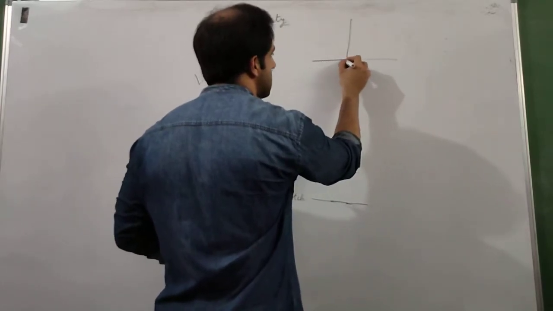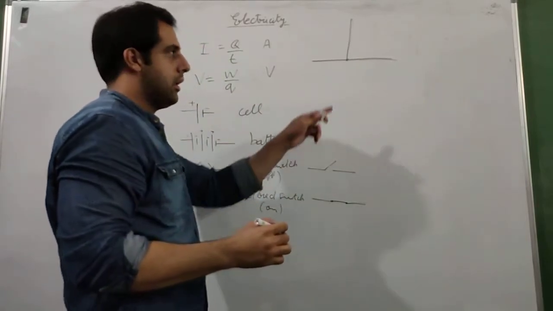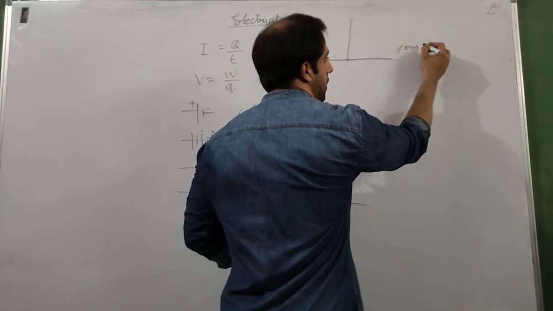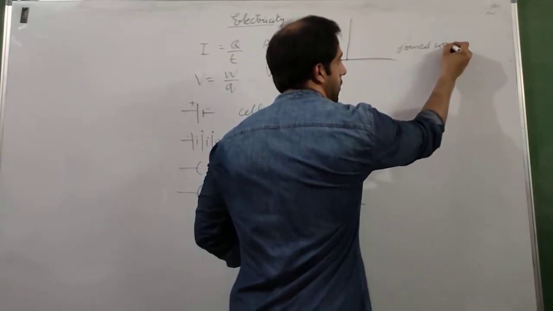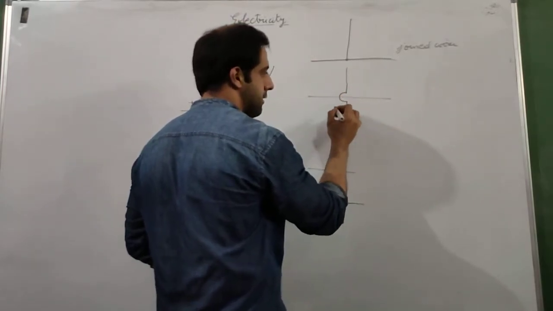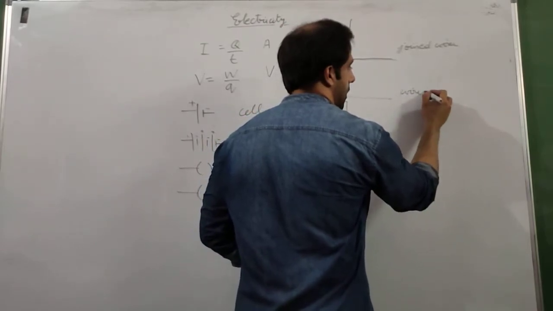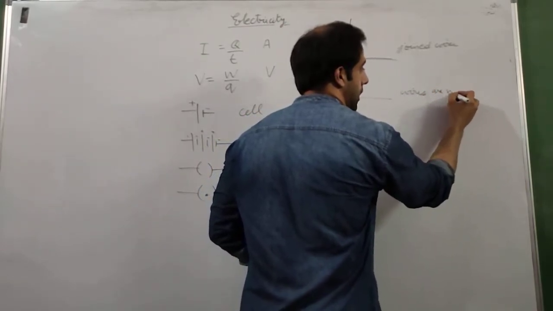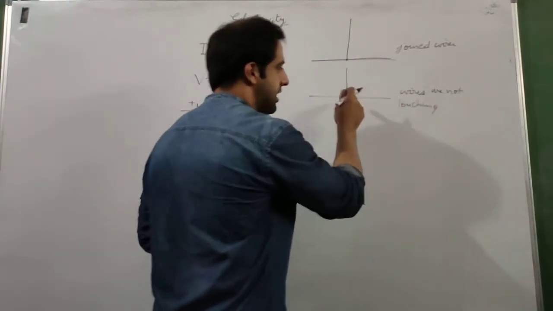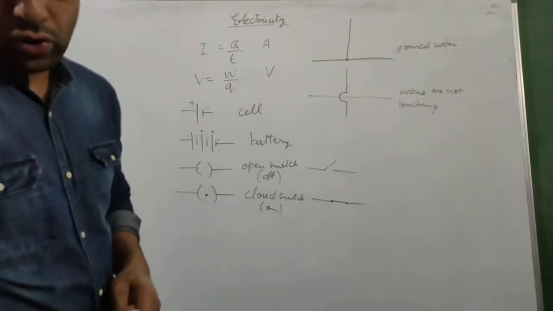These are two wires, two conductors, and if they are like this, it means that these wires are joined. So these are joined wires. But if we have two conductors like this, if this is the symbol, then the two wires are not touching each other. So there is no joint in the wire.